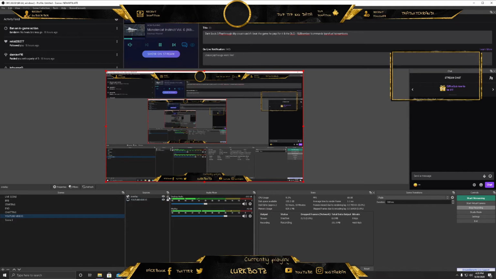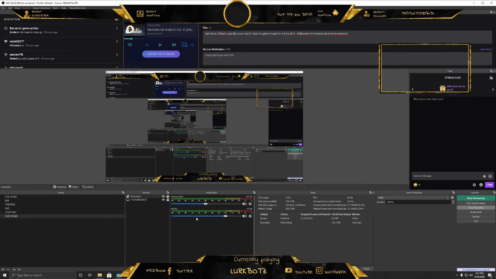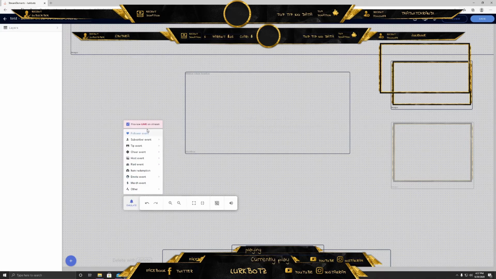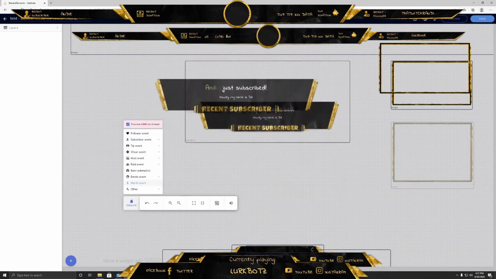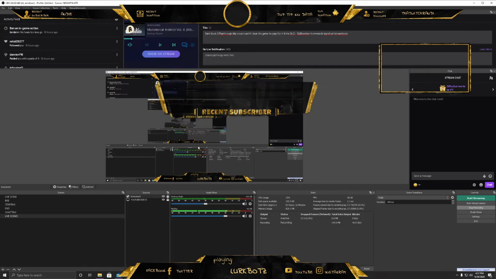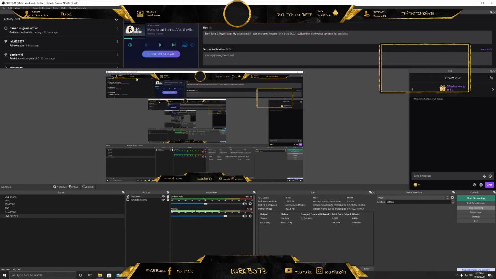So if you like where that's at position-wise, go ahead and lock that in. I mean, that's really the simplicity of importing an overlay into a scene. Now, your alert box is already inside of this. So to test and make sure your alert box is working, you come back over to Stream Elements, and you can actually emulate a live event and see that it's working not only in Stream Elements, but also inside of OBS. Again, it'll update everything